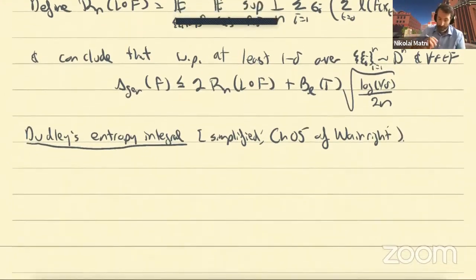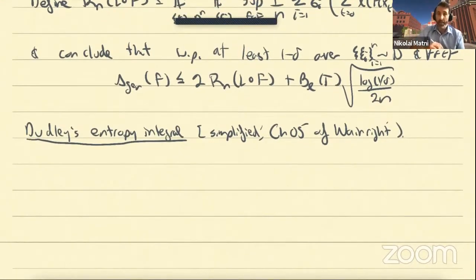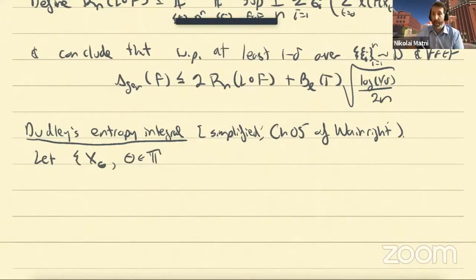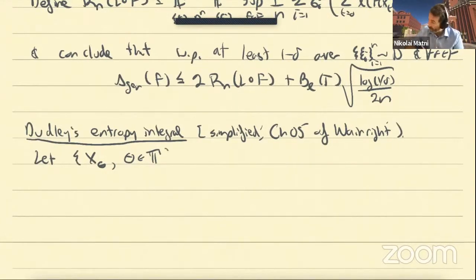Okay, so this is going to get a little technical, but stop me if something doesn't make sense. I'm only introducing this so that you know where these ideas come from. We're not going to actually need the low-level details of these things going forward. So the version of Dudley's entropy integral that we're going to need is we're going to assume that we're given a stochastic process indexed by theta, and theta lives in some index set T. And this index set can be countable, uncountable, it can be just a nasty index set, it can be arbitrary.